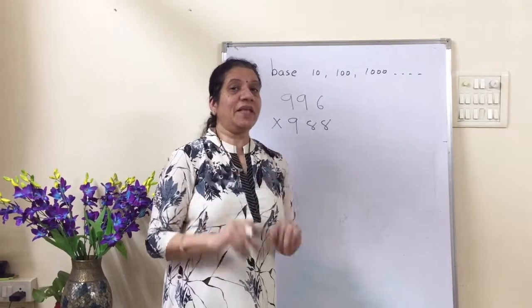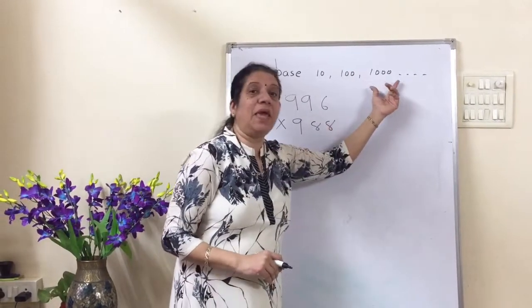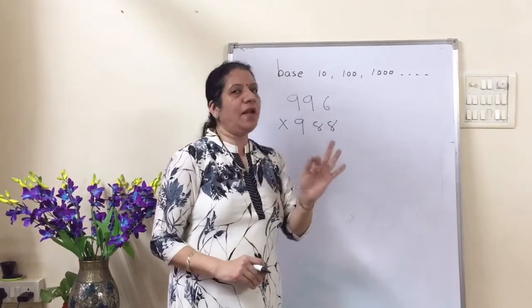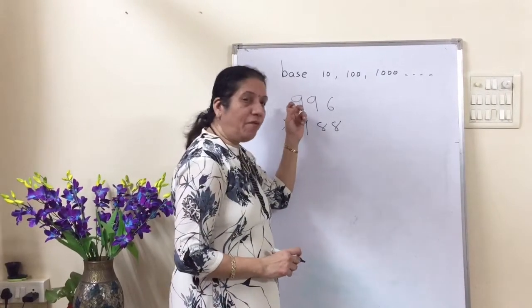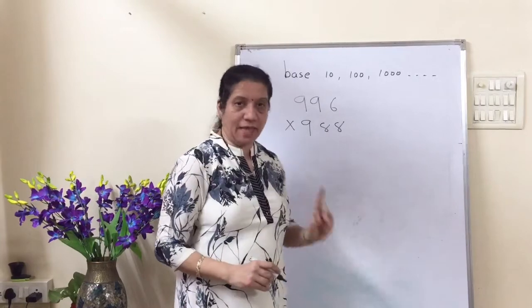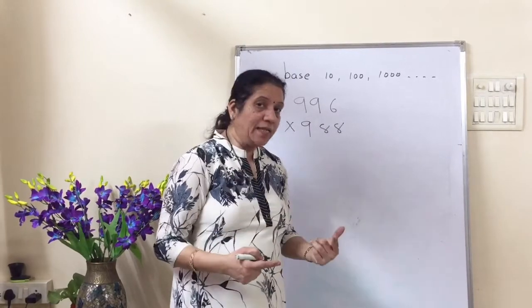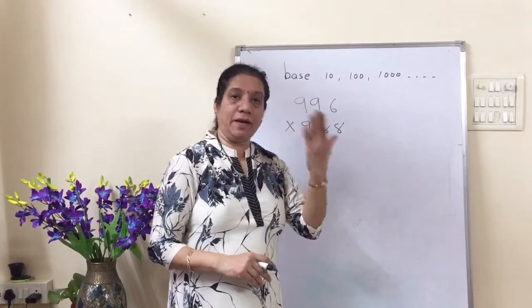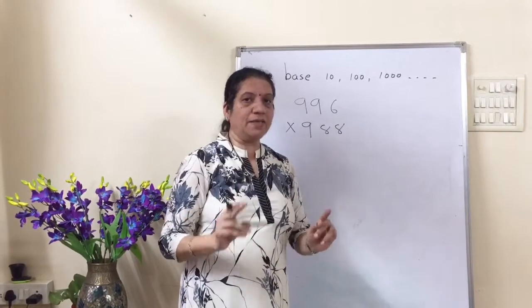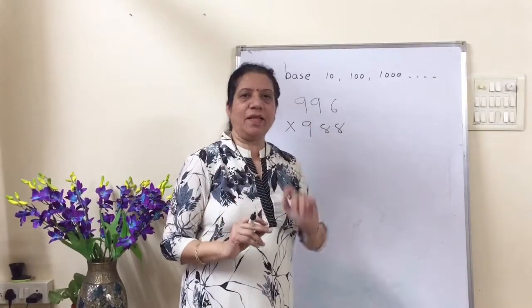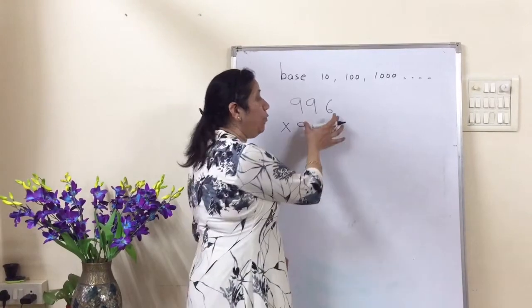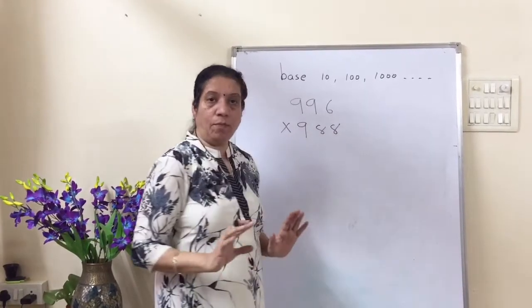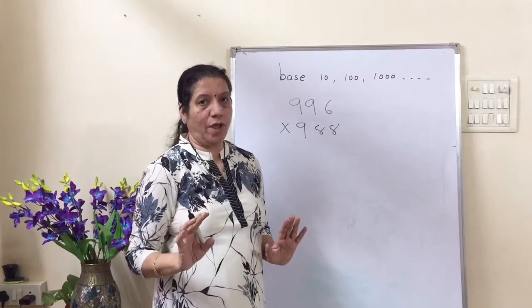Okay. Let us take some examples which have base 1000. Now here again we will have three different examples, in which the first example has both the numbers less than 1000. Then in the second example we will take both the numbers greater than 1000, and in the third example we will take one number which is greater than 1000 and one number which is less than 1000. Now note here, if you do this in the normal way you will require a lot of time, correct?